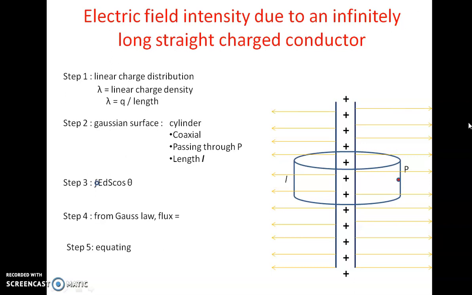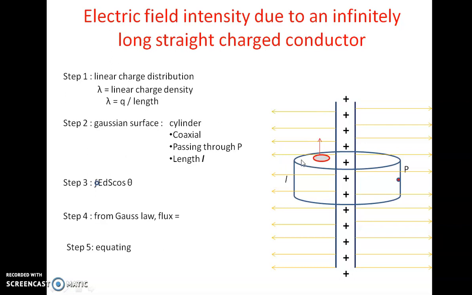One on the top, this top surface which is flat. Then similarly you will have a bottom surface which is flat and another is this curved surface. What if we have a small area ds on the top surface? This is the top surface. So what will E ds cos theta be? What will be the value of E? There is no flux passing through this. Electric lines of force are not passing through this.